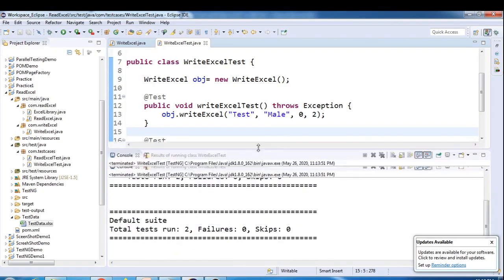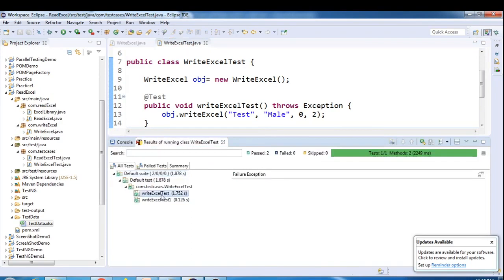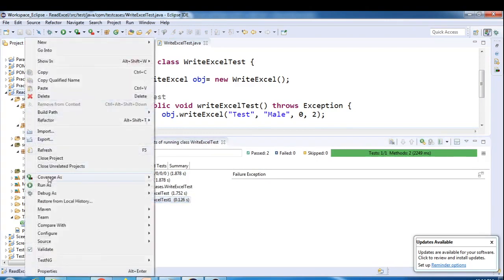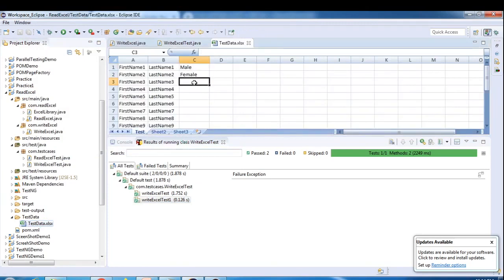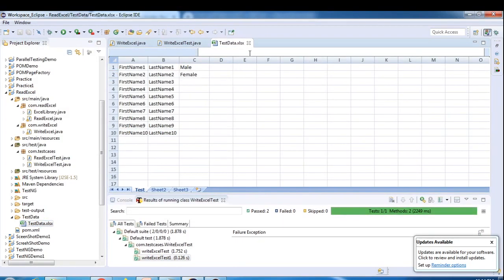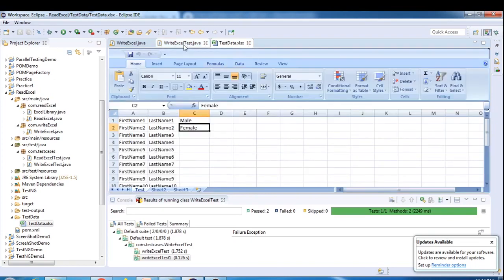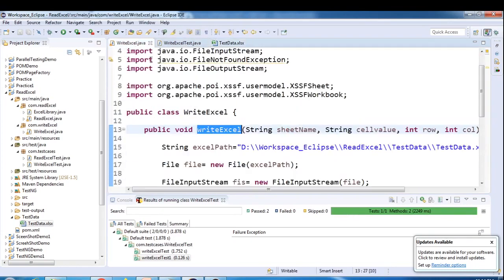So both the test cases got passed. Here you can see write Excel test, write Excel test 1. Simply refresh your project and just open this Excel sheet. So here you can see male and female. So this is how you can write data into Excel sheet, and I'll provide this simple code,